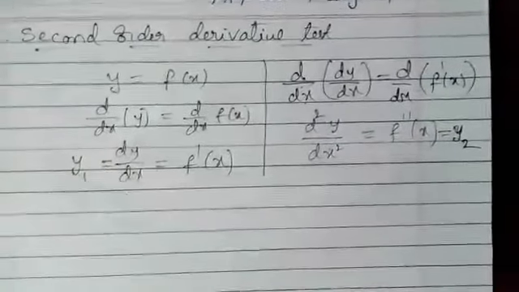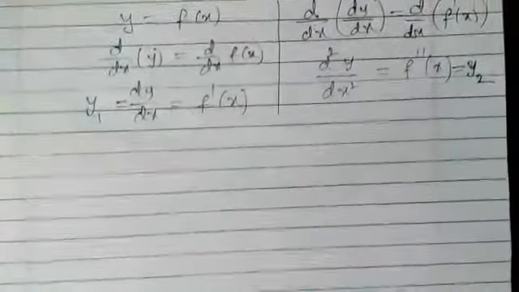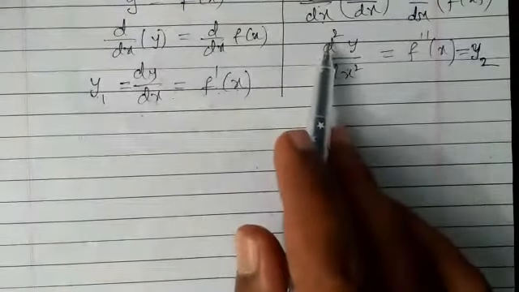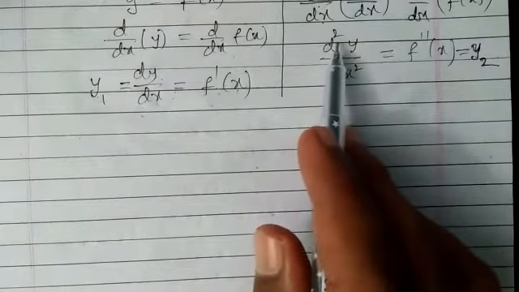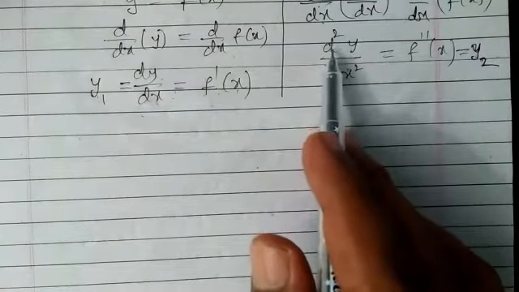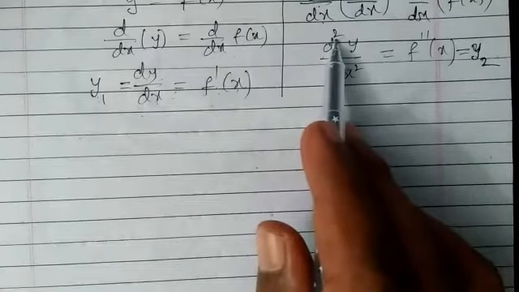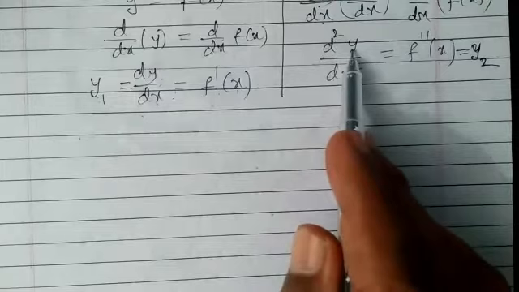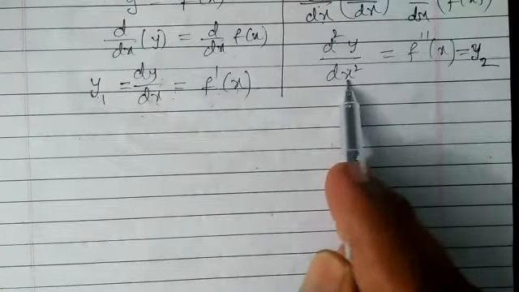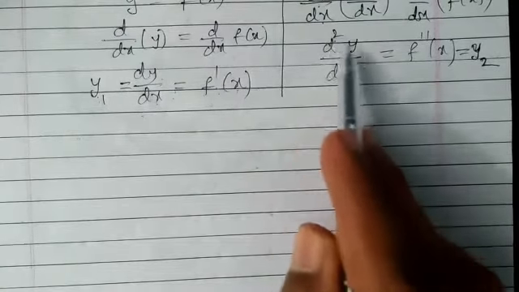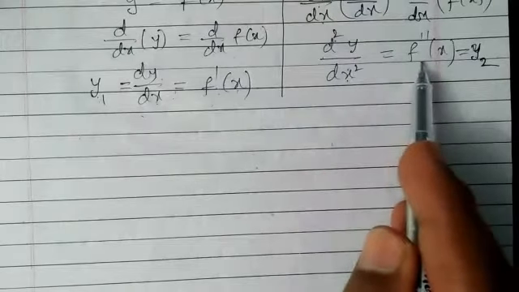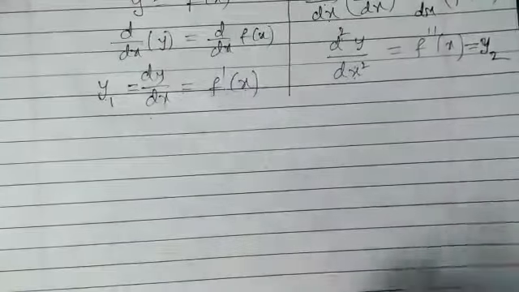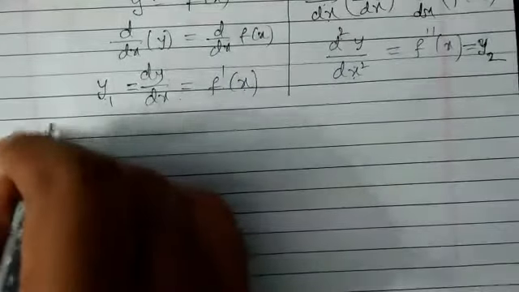Now we are going to solve one example on the second order derivative test. Order here does not mean the power of the variable, as you already know; here we are differentiating the function two times. The meaning of d square is that we differentiate the function y with respect to x two times. So we represent it as d square y by dx square, which is f double dash of x or y2. We take one example problem and solve it.